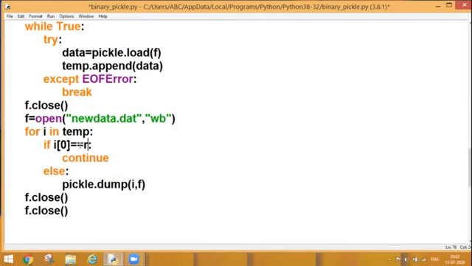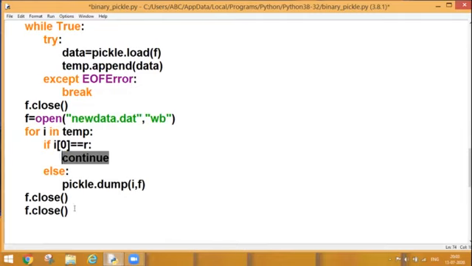But if the record is not matching, those records will be dumped permanently into the file. Like we have taken the example of our 3 records, and I don't want to write my second record permanently into the file. Once my second record is found over here, it will say continue, so that record will be omitted from between the records.